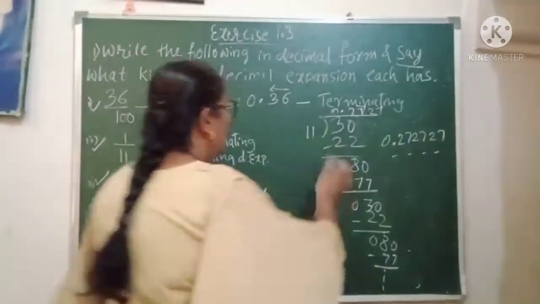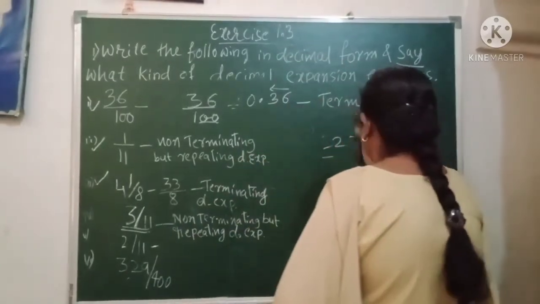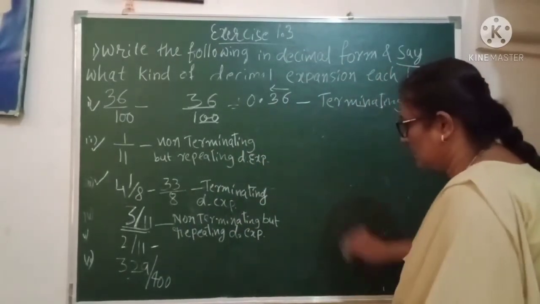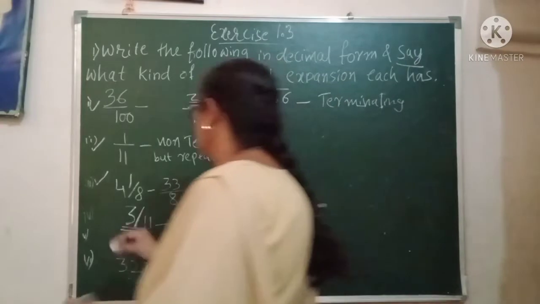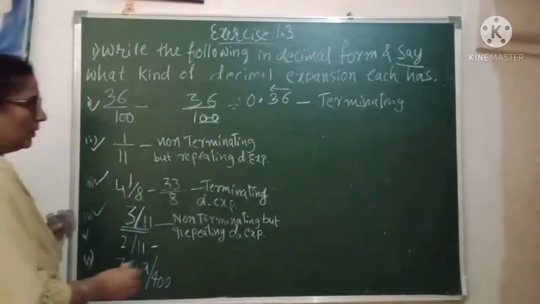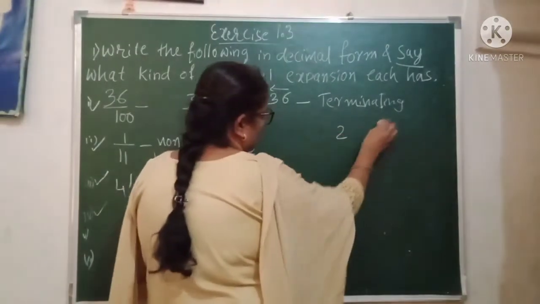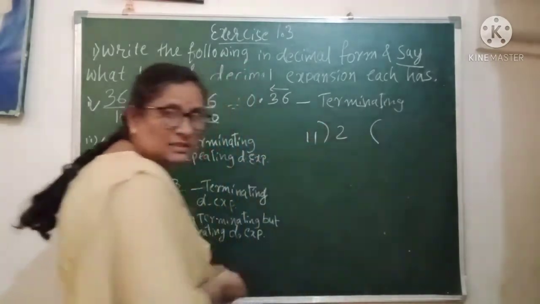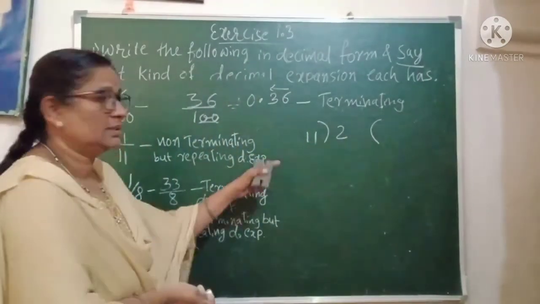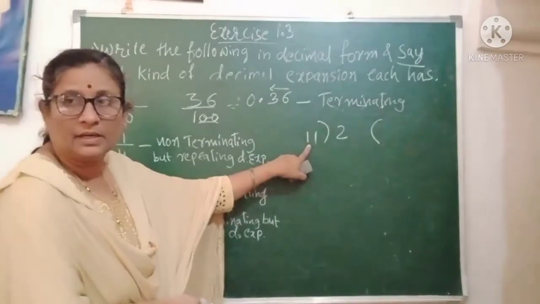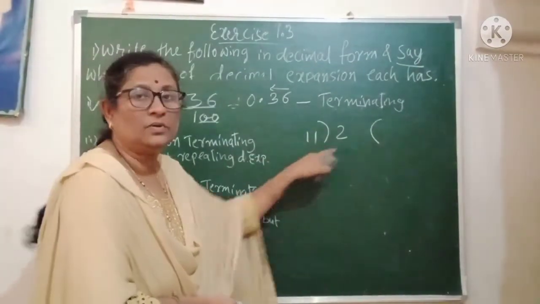Now look at this one. You have two more simple questions. This one has been solved. Look at this one. Now we have 2 by 11. If 3 by 11 is the case, don't adjust; 2 by 11 is also the same thing. We have to solve and check. Until and unless we check, it is not possible to write this one.